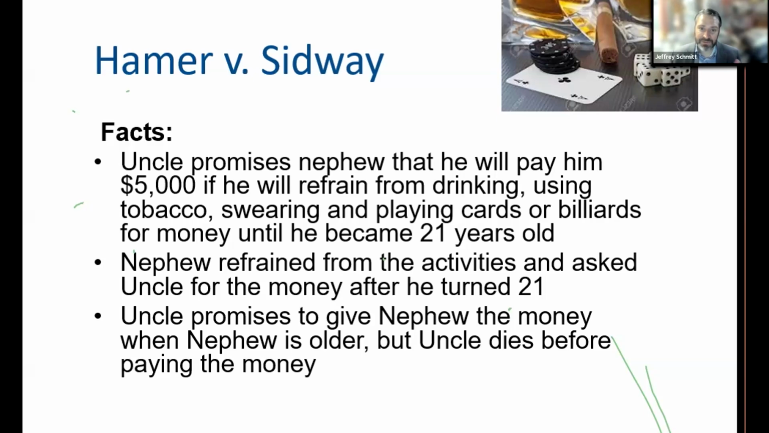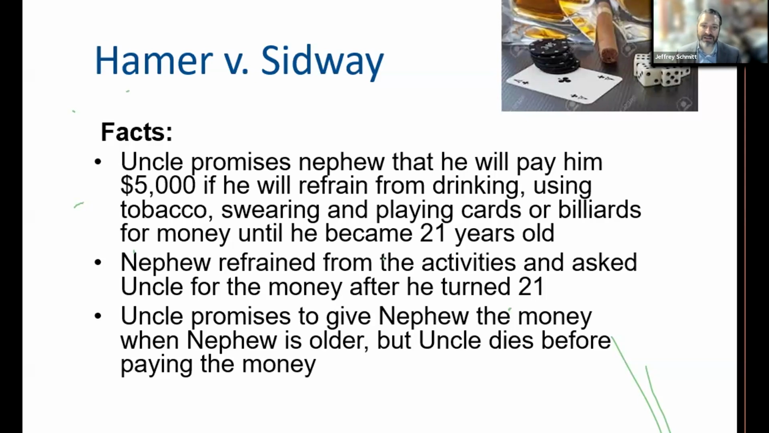First case here is Hammer versus Sidway. This is a famous case. It's in every contracts textbook. Pretty much anyone who's ever taken a U.S. contracts course has seen this case. So in this case, we have a rich uncle, and he has a big dinner party. There's a lot of people there, and his nephew is there. He tells his nephew, who is a teenager at this point in time, that,